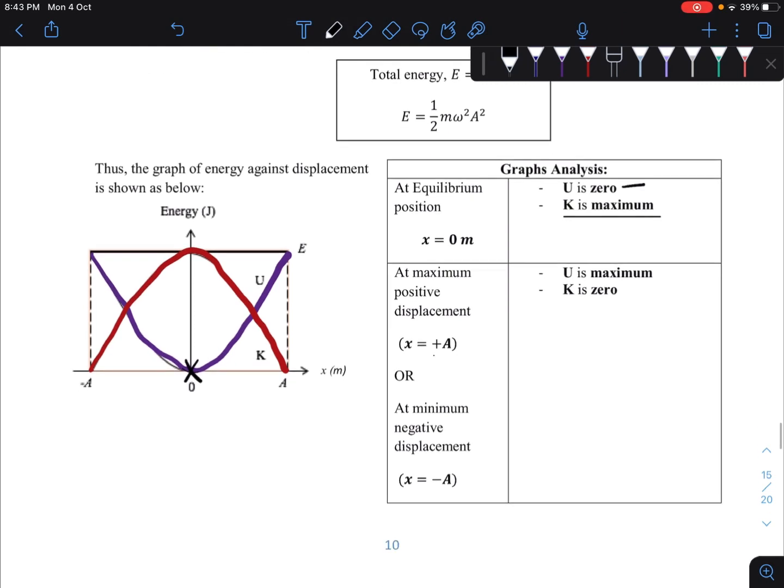At positive displacement, iaitu positive amplitude sini, when you are at this particular point, your potential energy is at maximum. Ini adalah U, purple kita adalah U, whereas your kinetic energy is at 0. Begitu juga vice versa, when you are at the negative amplitude, your potential energy is at maximum, your kinetic energy is at 0. Okay, so that's it for your